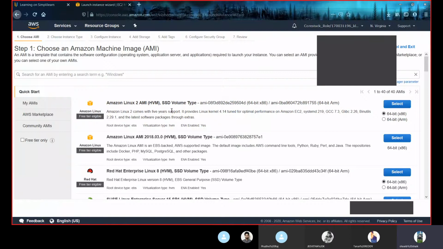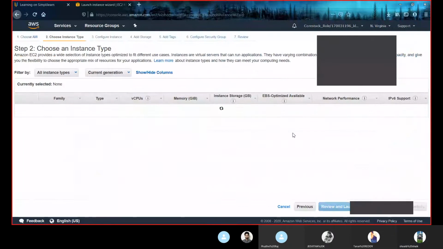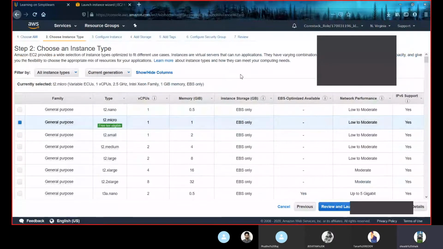So first we have to choose an AMI. Now as I told you, we are launching and connecting to a Linux server. So let us choose an AMI consisting of a template of Linux. So here it is. Let's select it. Let me make it clear that first look at my demonstration and then you can practice it later.